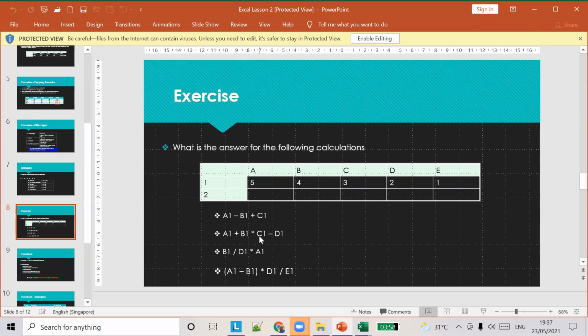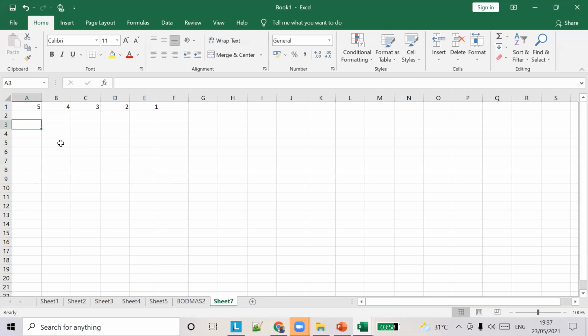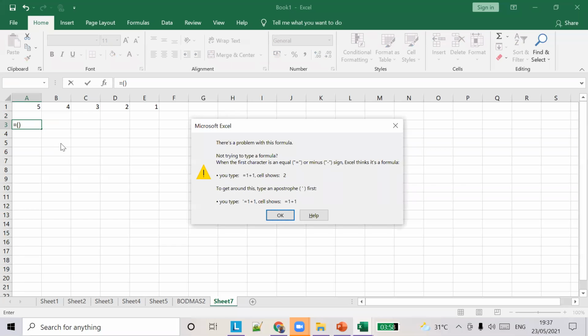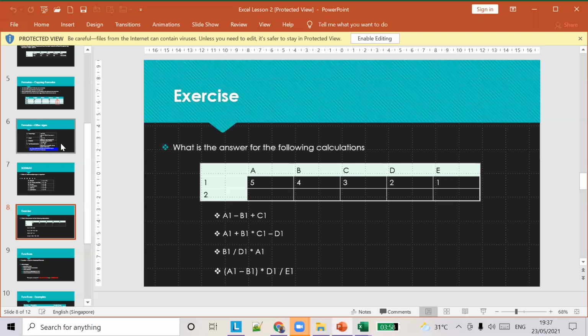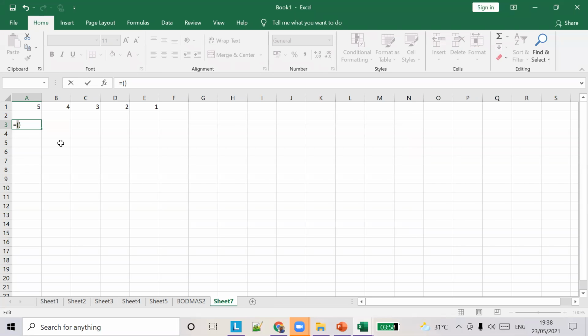A1 minus B1 plus C1, okay? Somebody can tell me, what is the answer?